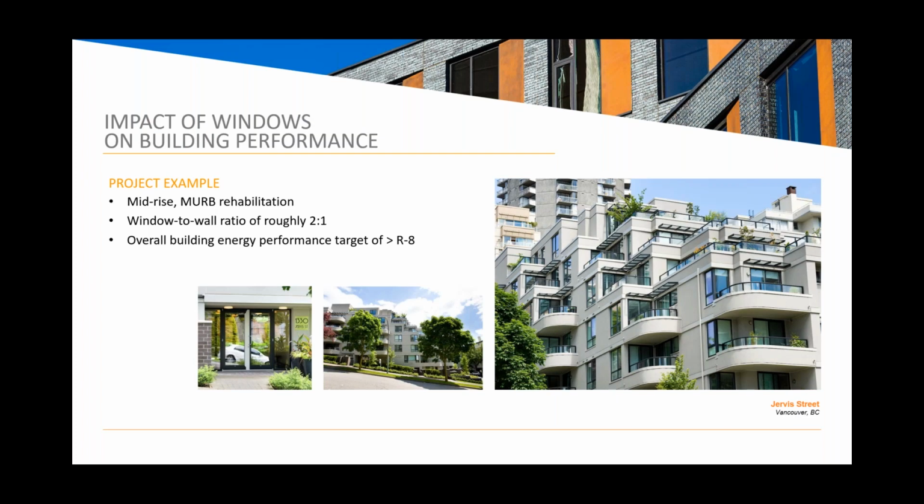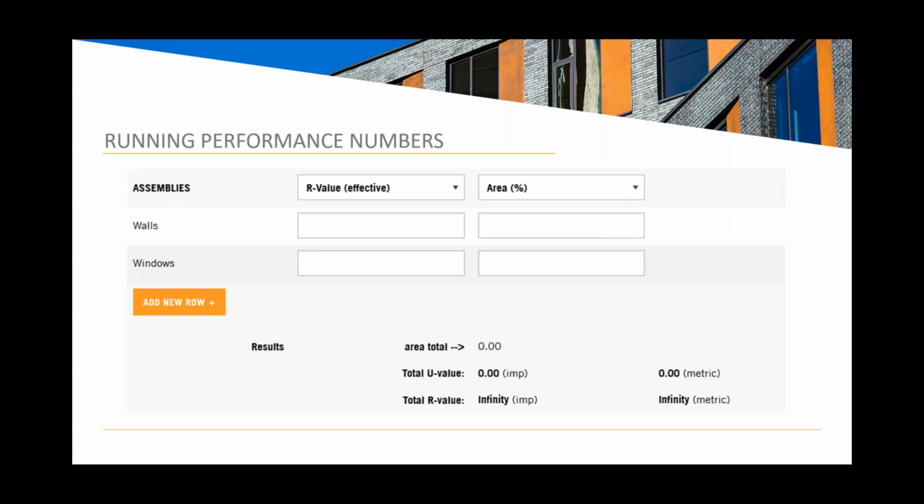So let's look at a hypothetical building envelope here. When I say get the building performing well, pretend we're designing a multifamily mid-rise building. Since we know that windows are typically the weakest energy link in a mid-rise building exterior, we're going to have more wall than window, approximately twice as much wall to window. And I've learned from energy modelers in our industry that compliance with these two latest energy codes generally is easy and flexible if the enclosure as a whole has a performance of around R7 to R9 effective. So let's take the midpoint, R8, and we'll keep that target in mind as we go through the design of this building.